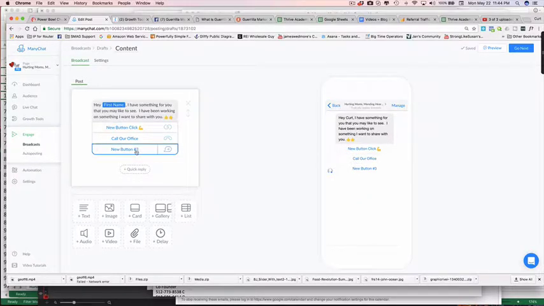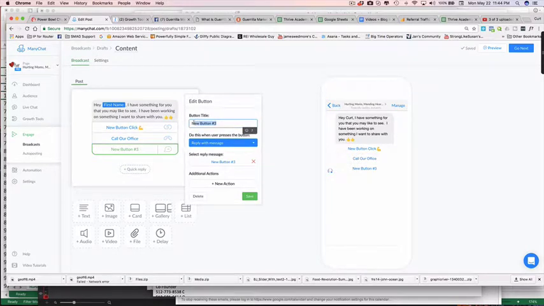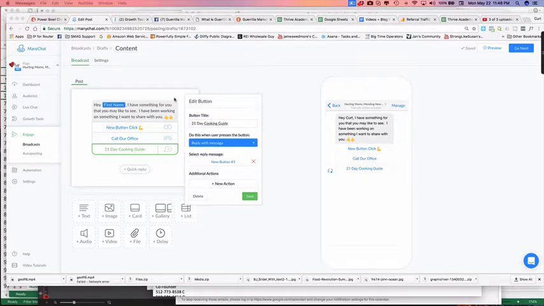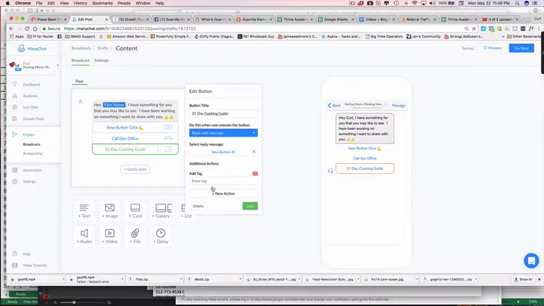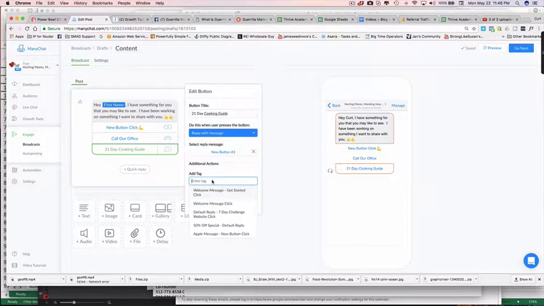Okay, so this button right here, let's just say this is a 21-day cooking guide, for example. All right, so 21-day guide. Remember, new action. So we'd click on this, for example, and we would tag whatever the message would be. So this could be Apple message, right? Someone's messaging us about an apple, say a recipe or whatever. Okay, Apple message, and then this would be